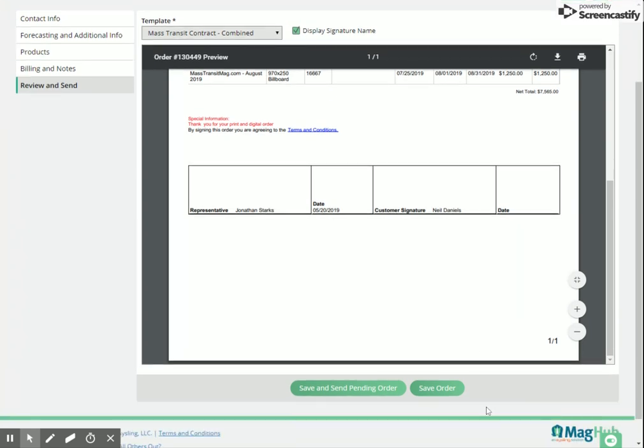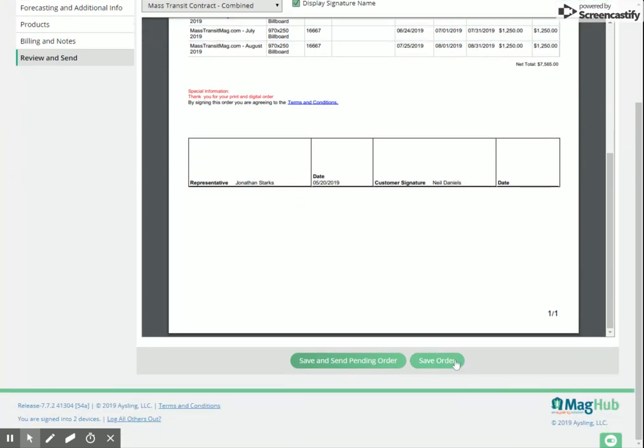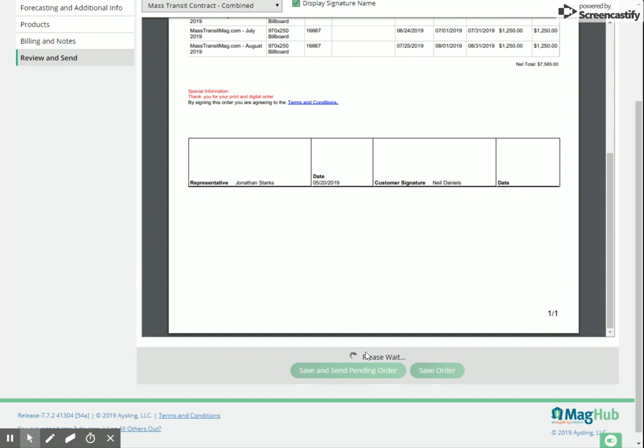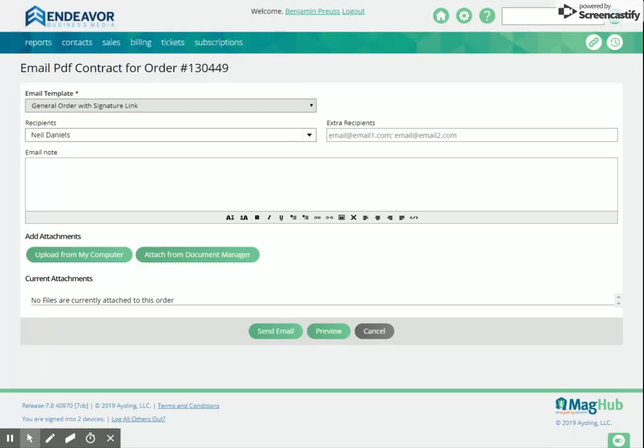Now down here at the very bottom, I have the ability to save the order or save and send a pending order. I'm going to go ahead and choose save and send the pending order. So this is going to go in and save this order. I'm going to see general order with signature link. So the client will see a link that they can sign this